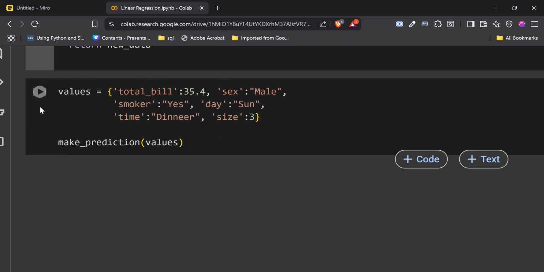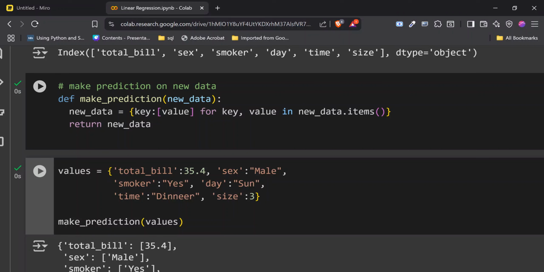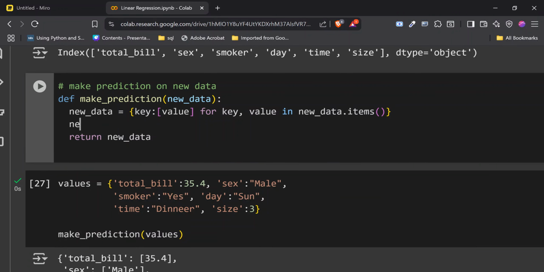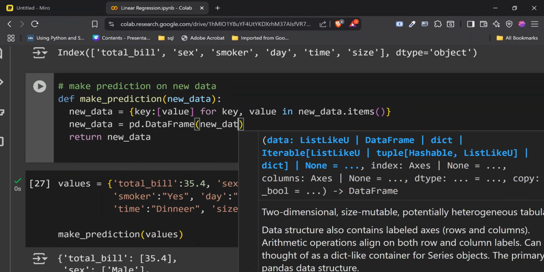Then run this. So this is already going to be a list. Can you see something pointing to a list like this? So this is what we can convert to a pandas data frame. So I'm going to say new_data is going to be equal to pd.DataFrame, and that is going to be new_data.